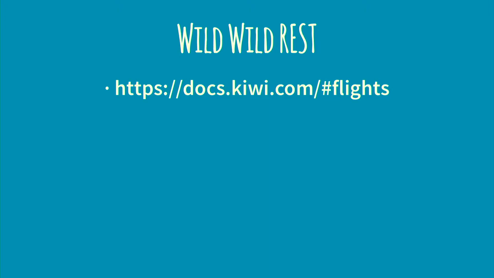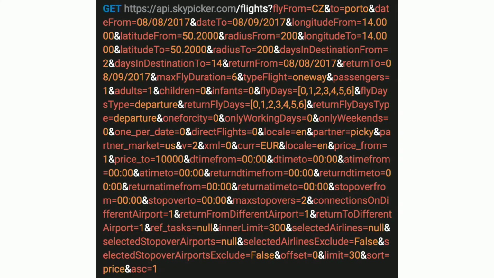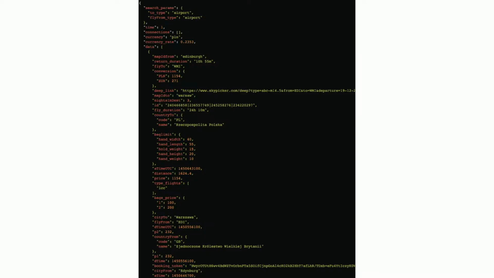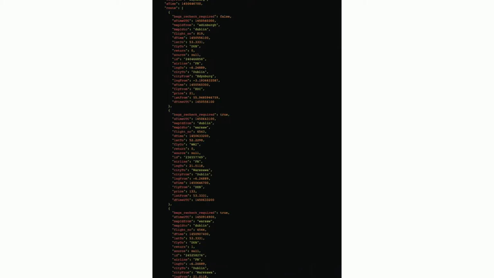So we dug into our documentation and realized that this is the request URL we have to call. And this is quite huge, but the response is even bigger. So this is the response for one particular flight. This is still the response, and this is the end of the response. And if you want to display which airline operates this flight, we have to call another API.